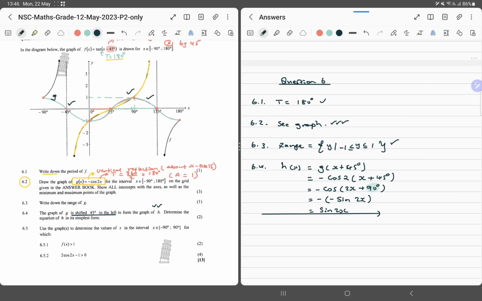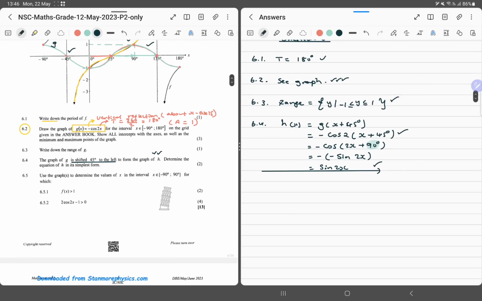Now, you're getting 2 marks there. So obviously, these 2 marks are for knowing how to do that. But maybe not there, but here. It's important in the final answer. Okay. Now 6.5